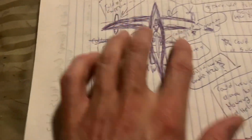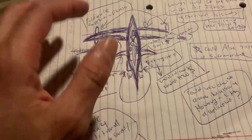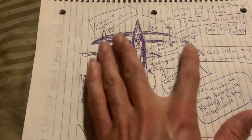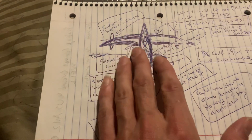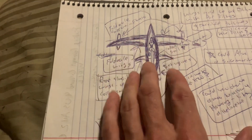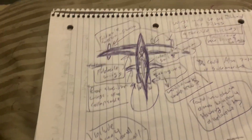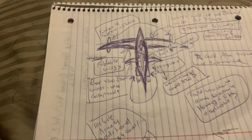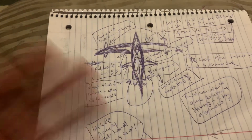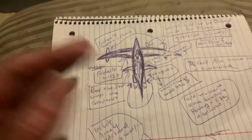Essentially, all these wings, I like to make everything as aerodynamic as possible. So I'd want to make them as collapsible as possible. These wings will be able to collapse down onto the central fuselage, as well as these back stabilizing wings will be able to come in on the fuselage too, so that you have more of an aerodynamic submersible if you were to use it as a submersible, or as a sailboat if you were to use it as a sailboat. Although this can also be used like how they use, is it catamarans, the ones that have multiple